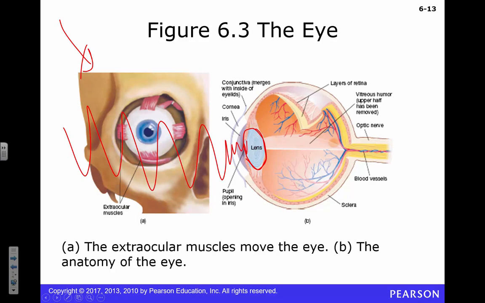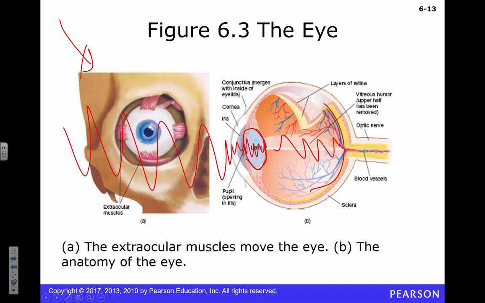Light waves come in, they get focused through that lens. You need to focus those back on the back of your eye on that retina perfectly. Some people are better at that than others, right? Some of your eyes are too big and some of your lenses don't match, right?